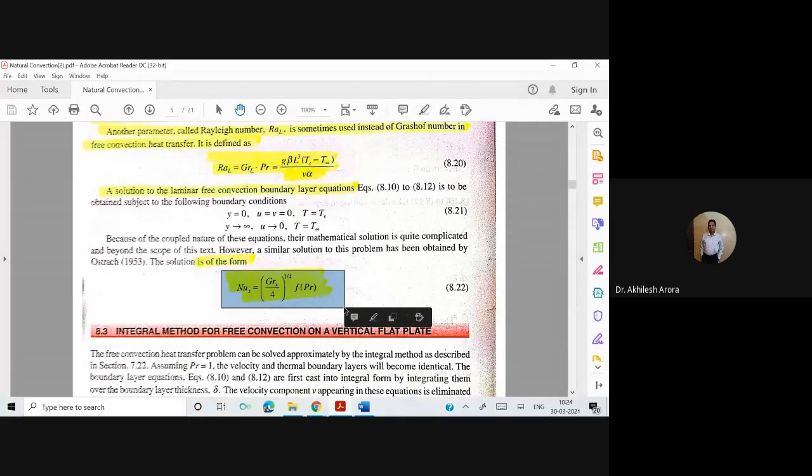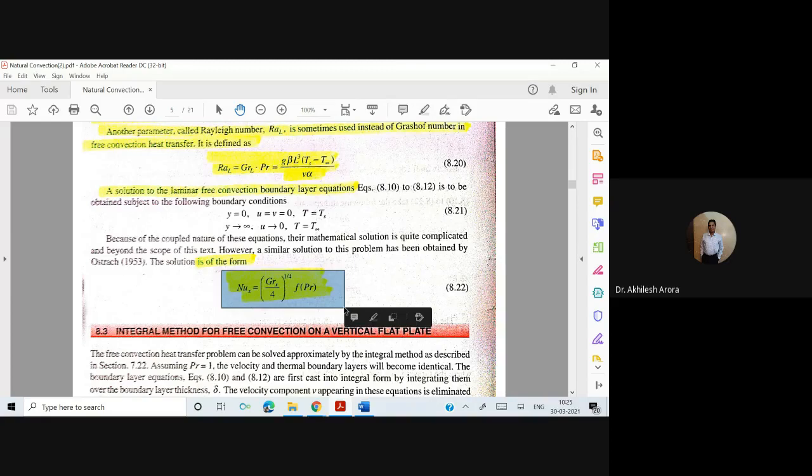Now when we were discussing forced convection, we discussed that there are 4 or 5 methods of solving the energy equation, the velocity boundary layer equations, or the momentum equation. Then we got certain relationships like delta by x is equal to 5 by local Reynolds number raised to power 1 by 2, and so on. We derived the values of delta, the boundary layer thickness, and the thermal boundary layer thickness. And there we discussed the exact solution.